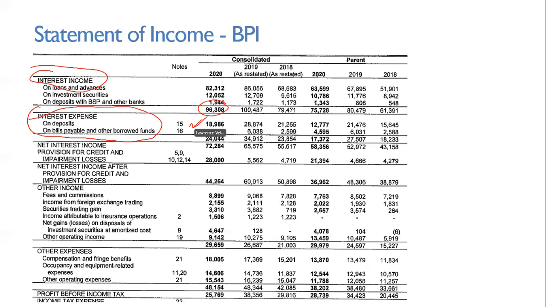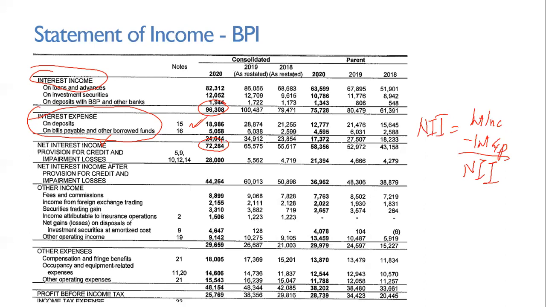And one thing that you will see here is the line on net interest income. So yung net interest income is equal to interest income less interest expense. So parang ito yung equivalent ng gross profit, right? Di ba, in a normal merchandising operations, revenues minus cost of goods sold is gross profit. Okay? Ang equivalent ng gross profit sa bank is NIM or NII pala, which is net interest income.